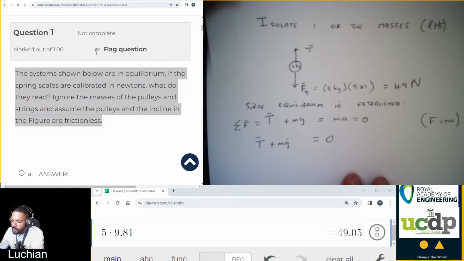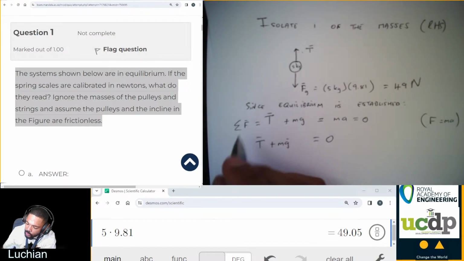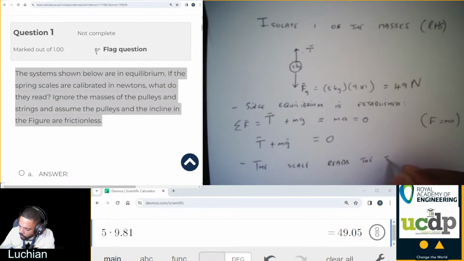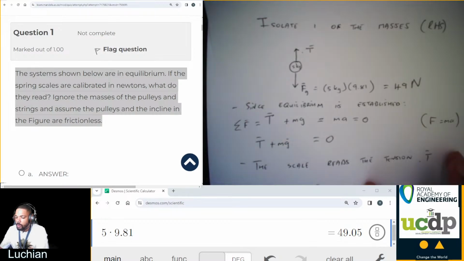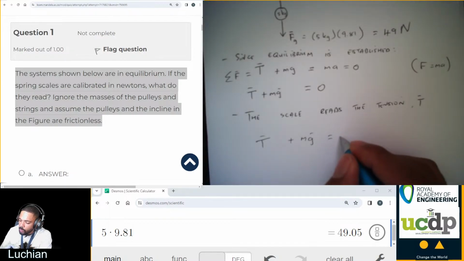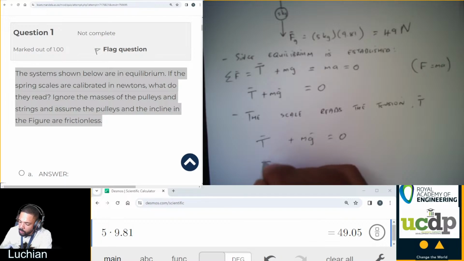The scale reads the tension, T. So we have T plus mg equal to 0. We want T, and we know mg is equal to